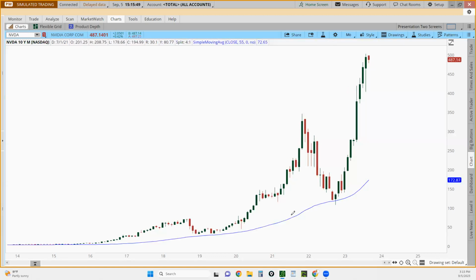Let's see here. So here is the 55 simple moving average. One of the first things I always say is that I am not going to worry about anything below the 55 simple moving average. Does that make sense? That was just a rule that I came up with for myself. I said, if I want to be successful with Elliott waves, Fibonacci, et cetera, and have more consistent results, never trade below the 55 simple moving average. Any stock below the 55 simple moving average is automatically dismissed from my portfolio. Fair enough? So that's the first thing.